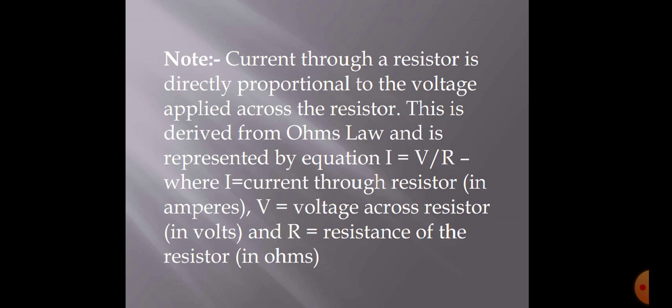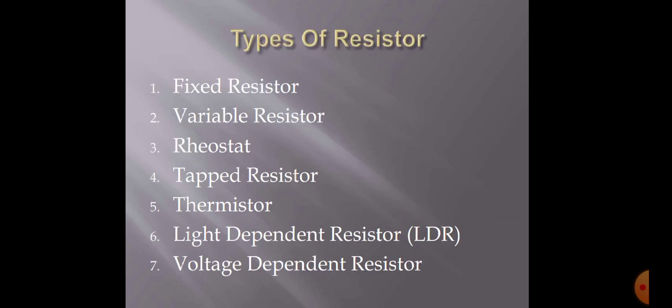So these parameters are changing vice versa. Means we can use a resistor to limit the flow of current. Then there is a type of resistor. Means resistor is having two types, that is fixed resistor and variable resistor. Right. So fixed resistors means they are having a fixed resistance value and variable resistor means they are having